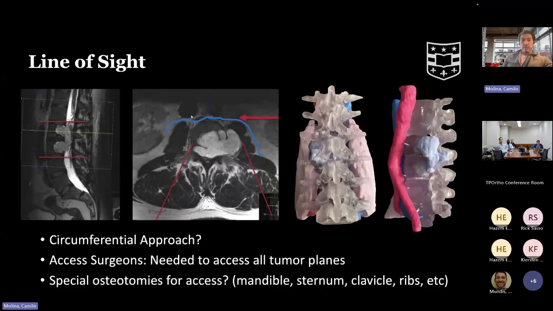Now, line of sight has to do with what type of access we need to have appropriate visualization and control of the difficult and critical parts of the case. So in this case, while this procedure could likely be done in a posterior-only approach with an acceptable level of risk in a person who accepted blood, for this gentleman, that was not an acceptable risk. So I performed a direct lateral